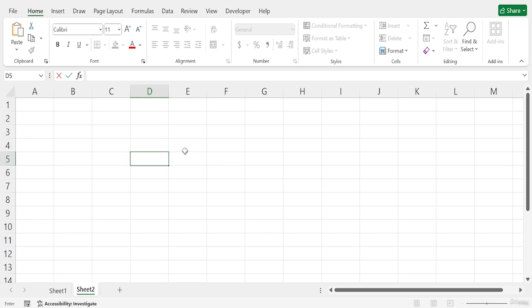Now I'll show you a simple data set, and then I'll show you how you can apply these operators and basic arithmetic operations in your spreadsheet. At first, let's say this is number one, and after that I will add number two.